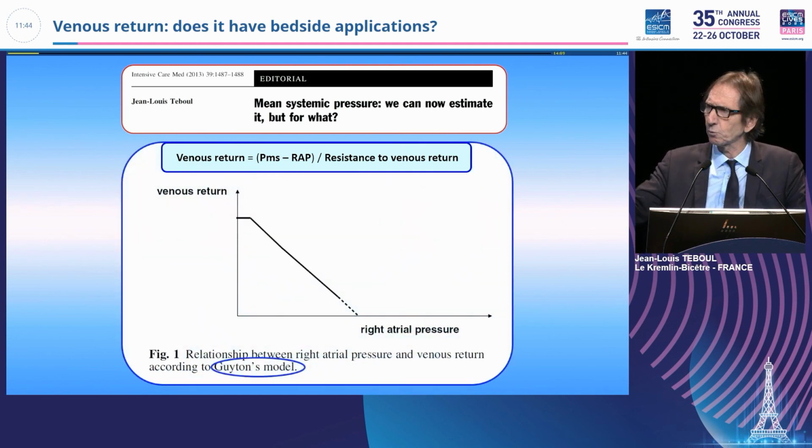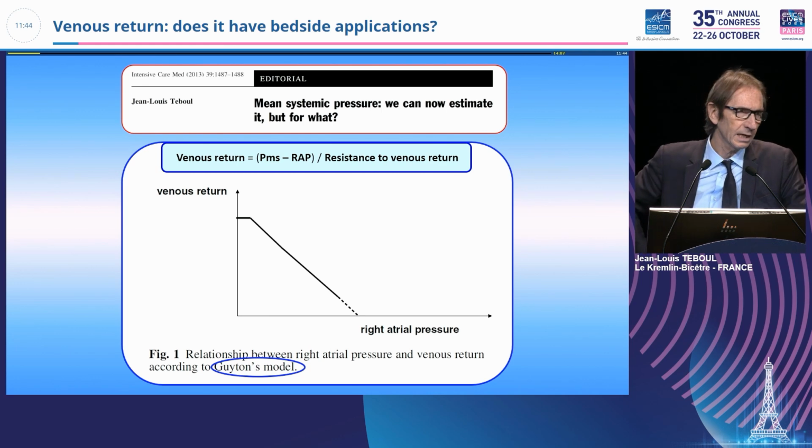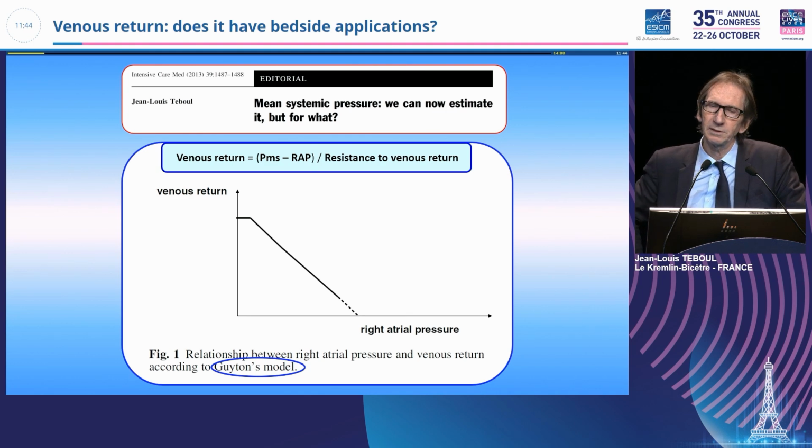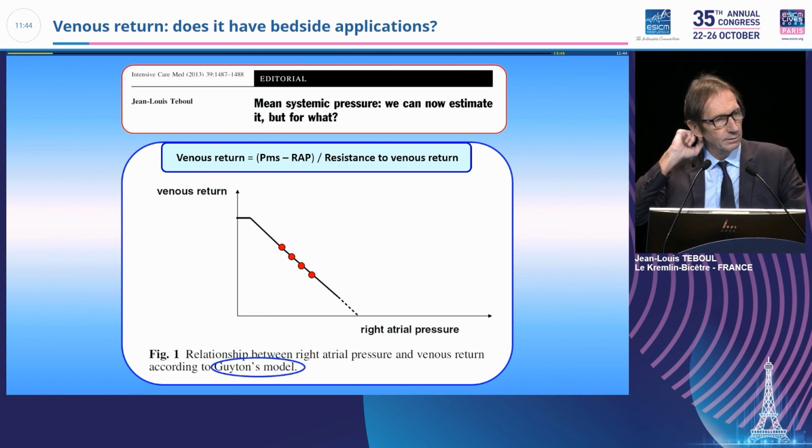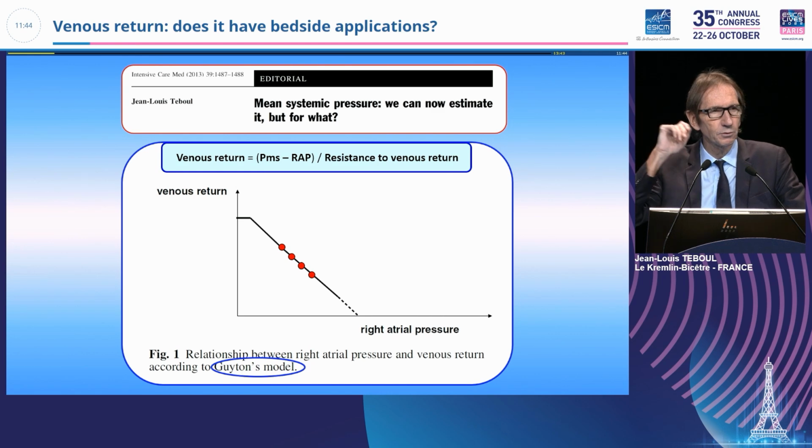And we like to refer to this Guyton's model with venous return on the y-axis and right atrial pressure on the x-axis. And when right atrial pressure increases, so the downstream pressure increases, this should be associated with a decrease in venous return. And if we extrapolate this line to zero flow, zero venous return,